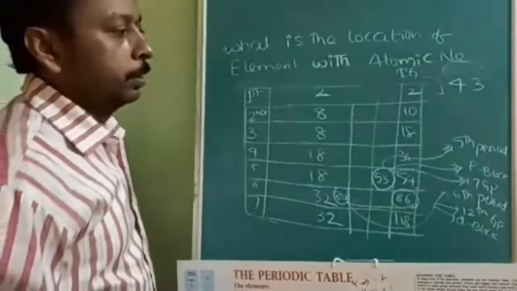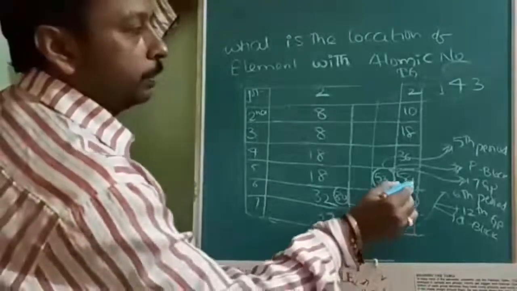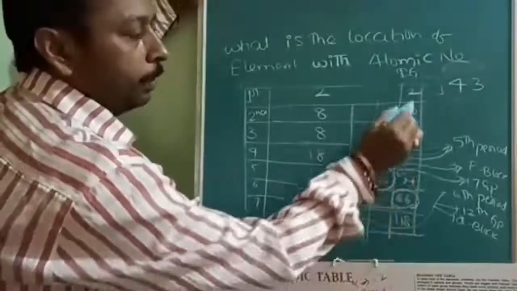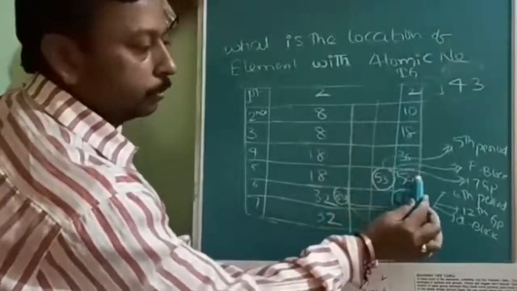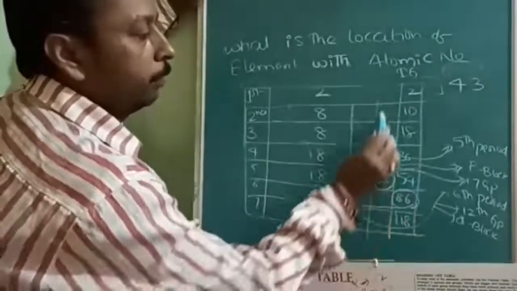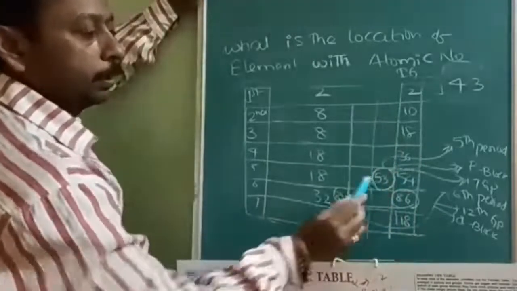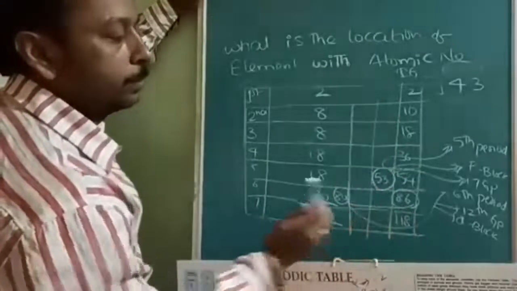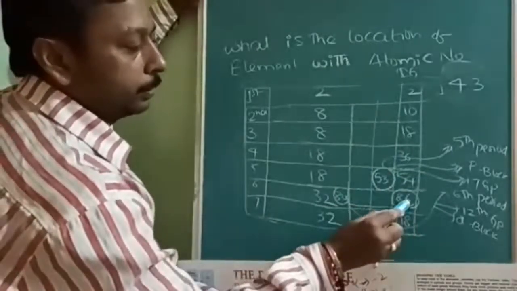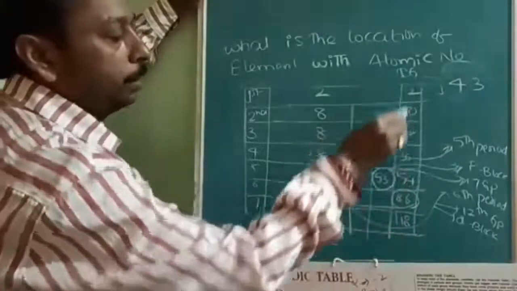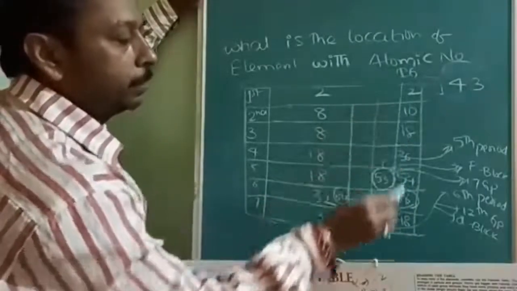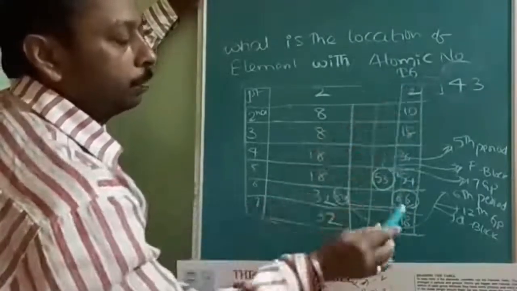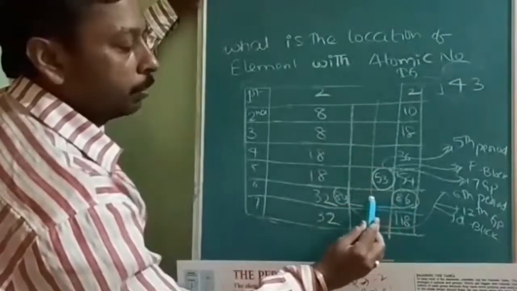Okay, see here. 54 is the 18th group. So one to the left side, therefore it will be the 17th group. Okay. The number of steps you have to subtract, like 86 is the 8th. Whatever we are taking as a reference, they are of which group? 18th group. 86, like that you count back.